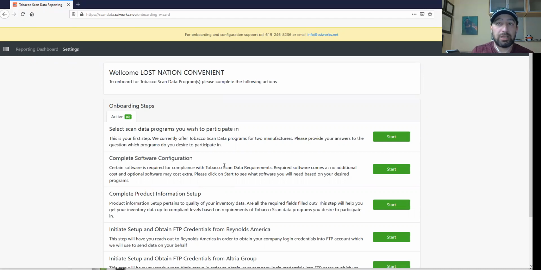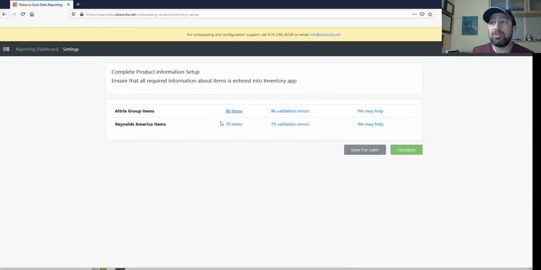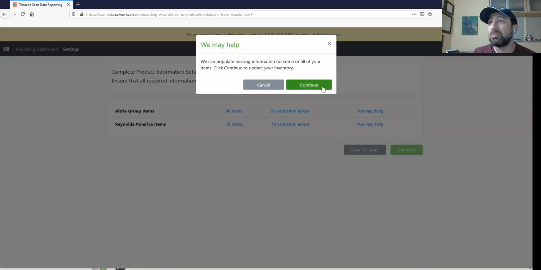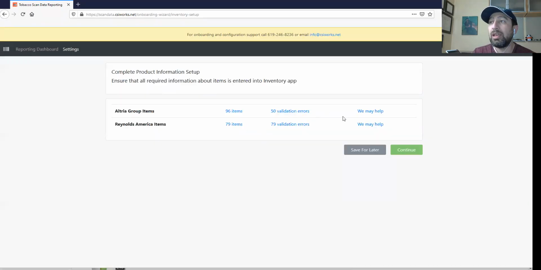And I want you to focus on a couple of them. First, I see that you have selected your 96 items for your Altria group and 79 items for your Reynolds group. We show all of the items as having validation errors, and that's typical because there's information that's missing. So I'm going to go ahead and click on this button here, and this, as you can see, has cleared out